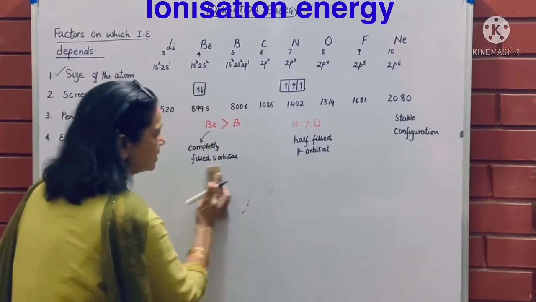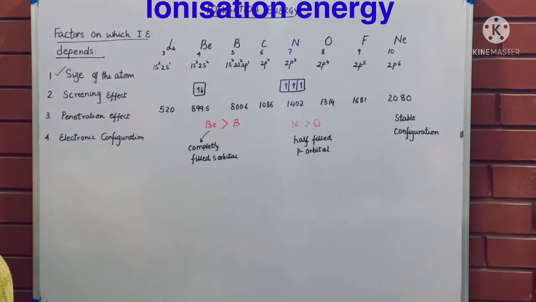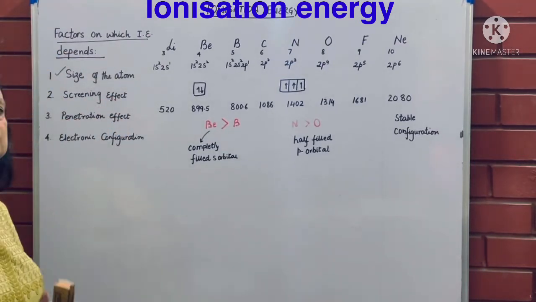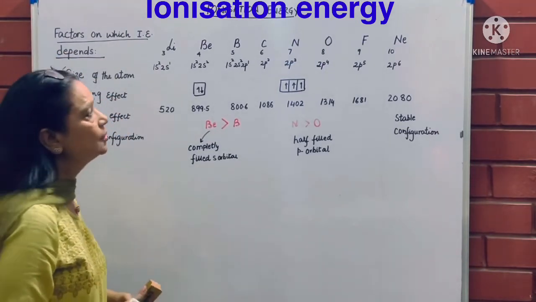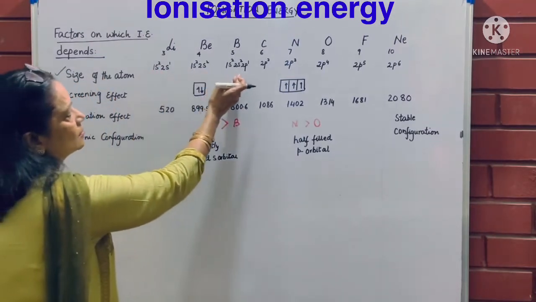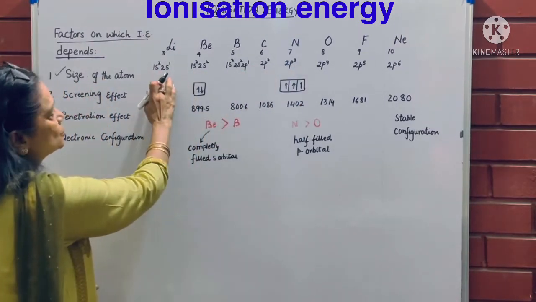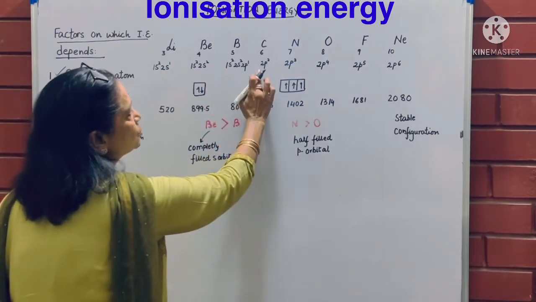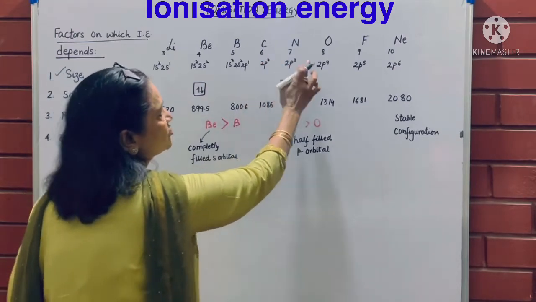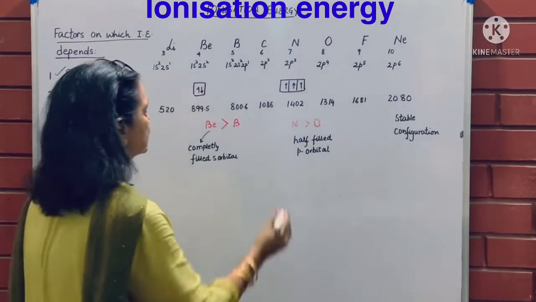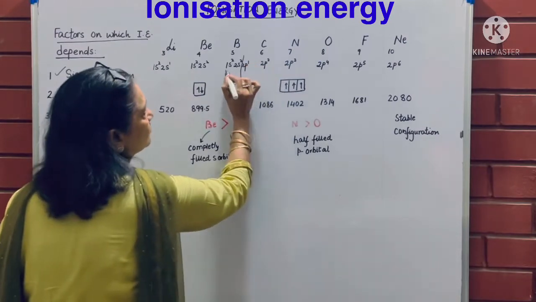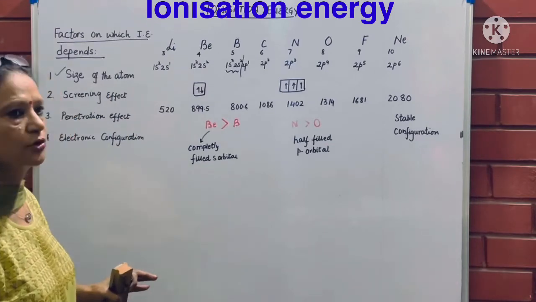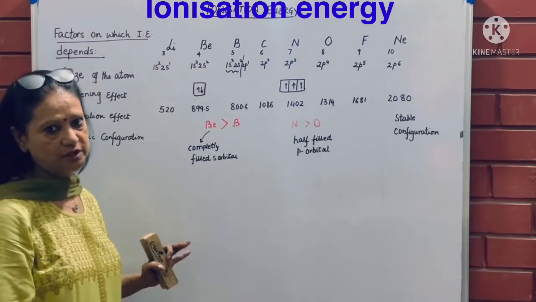So this is the order we follow: the electron cannot be taken out very easily from the s orbital. Now let us look at the last one, which is electronic configuration. When we first see all these things, we also look at electronic configuration. Supposing I've written lithium, beryllium, boron, carbon: 1s2 2s1, 1s2 2s2, 1s2 2s2 2p1. Here also 1s2 2s2 is there, then 2p2, 2p3, 2p4, 2p5 and 2p6. This part, 1s2 2s2, is constant in all of them. So when we are pulling out electrons, we will also look at the electronic configuration.